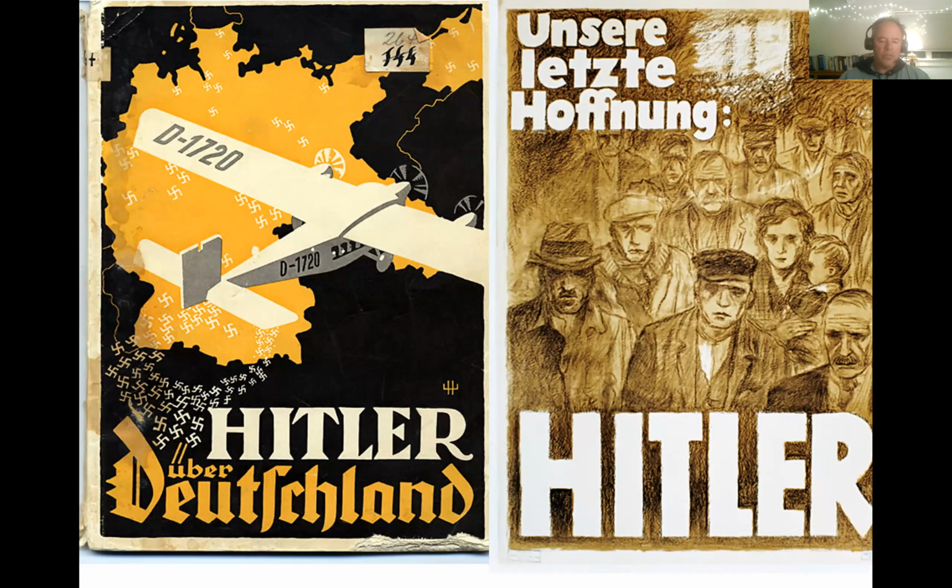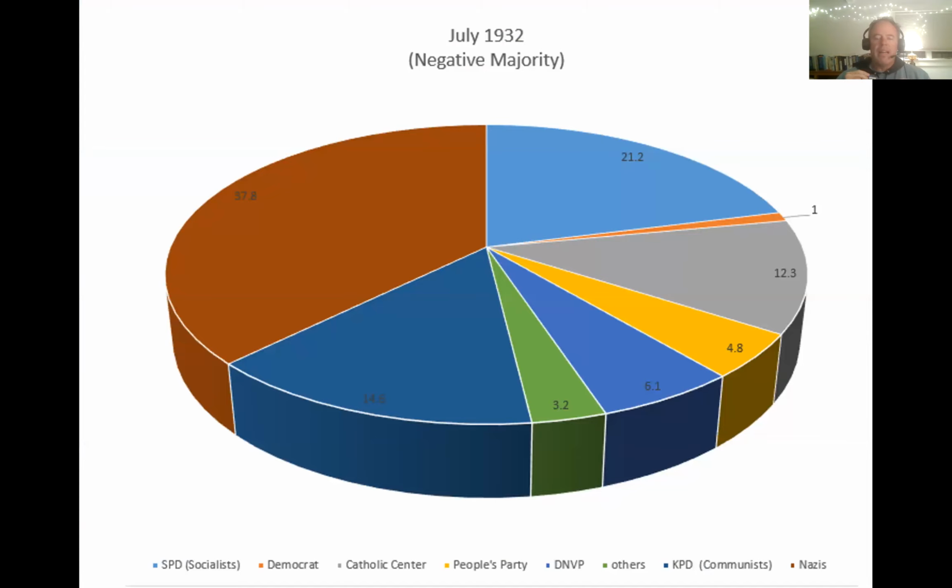The communists gain in strength, but the key party that's gaining here are the Nazis, and these are Nazi campaign posters. And this one on the left, I think, is particularly interesting. So you see the Air Force plane here dropping not bombs but swastikas on Germany, and the argument here is that if you elect Hitler, he'll reestablish the German military. He'll ensure that no one goes hungry. He'll create jobs.